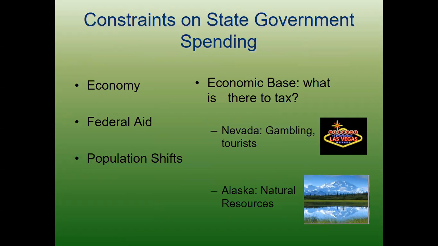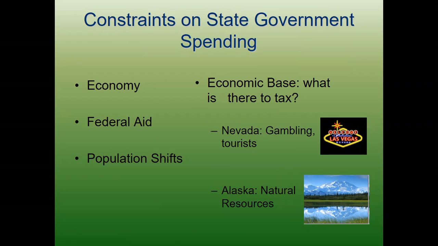So there are some constraints on state government spending. As we know, state governments, for the most part, have to have balanced budgets in a given year. So the economy is very important to state government spending, and you can see that spending goes up and down depending on the health of the economy